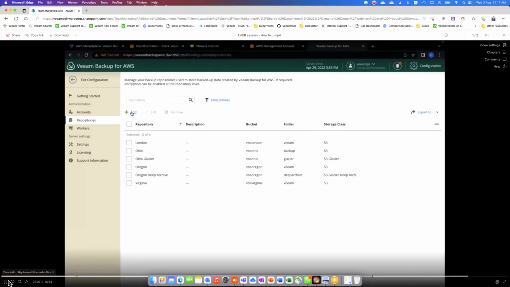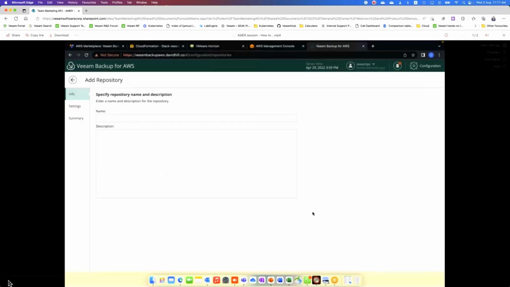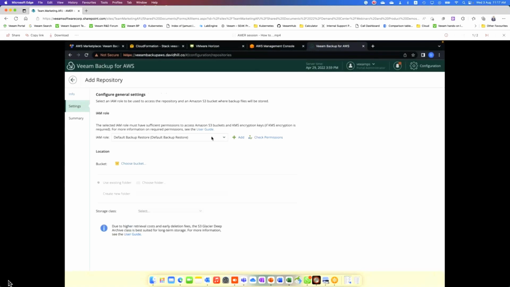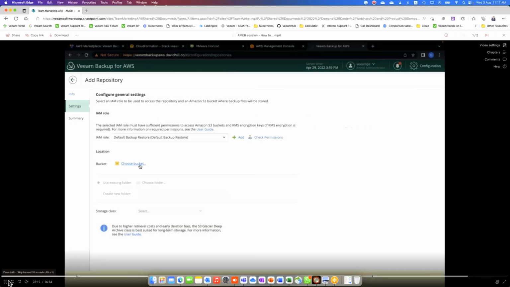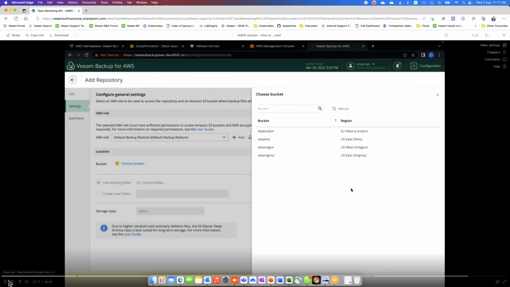Okay, of course, you can add on additional repository. This is to illustrate how easily it can be done. You can define your IAM role for your repository, right? And then check the permission, right? Every page you can do a check permission to make sure that you have the necessary credential permission to